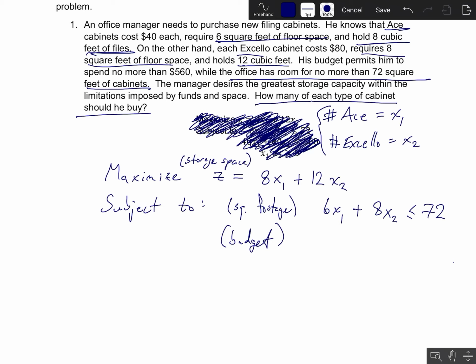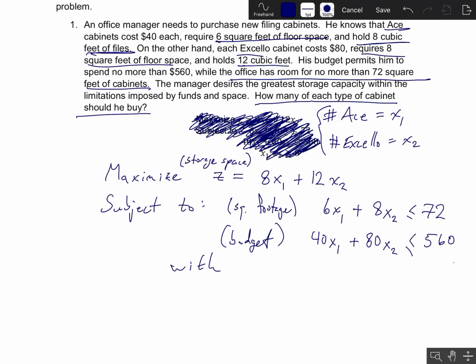Our budget constraint is that we're going to spend $40 per ACE cabinet times the number of ACE cabinets, plus $80 per Excello cabinet times the number of Excello cabinets, and that can't exceed our budget of $560. Okay, so this is what we get whenever we put all of this together, and we also have a non-negativity